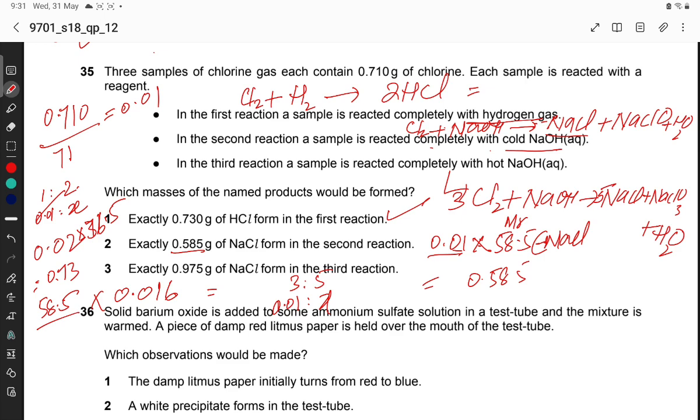0.016 into 58.5, which is 0.975. This is correct, this is correct. So if all statements are correct, the option is A. The option for this reaction is